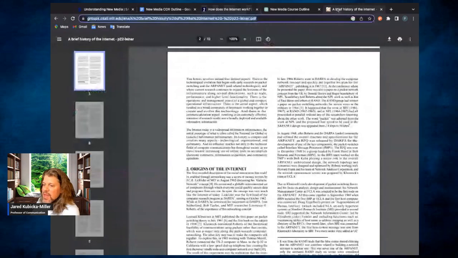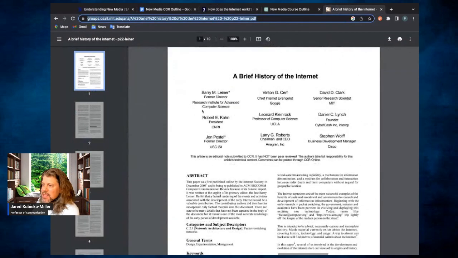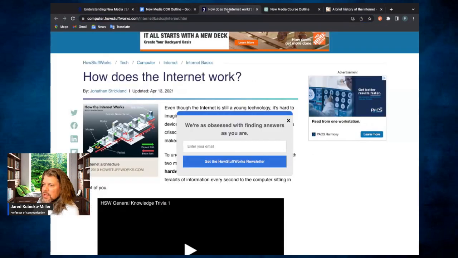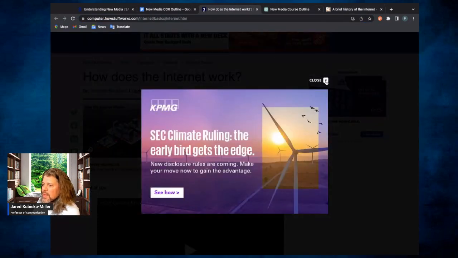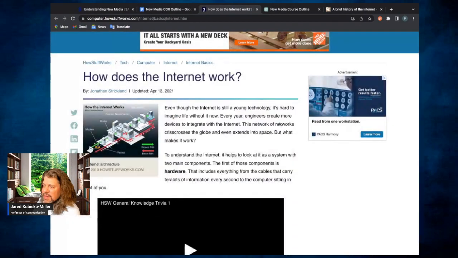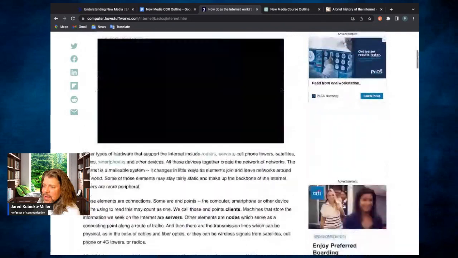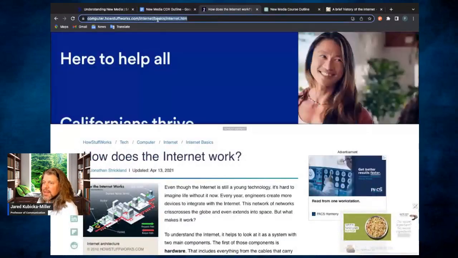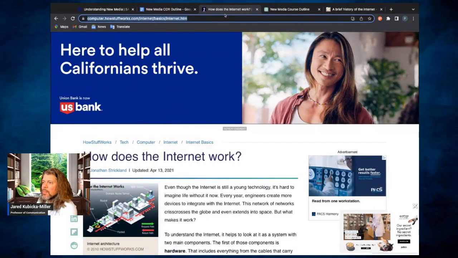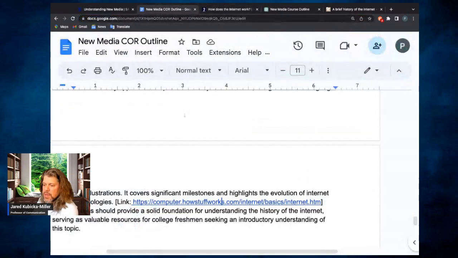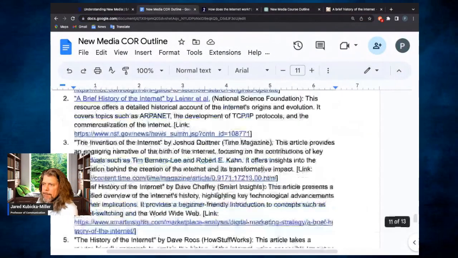The PDF still strikes me as old media, right? Traditional media. It's just a straight-up publication. But with something like this, where you have to navigate the different pop-ups and things like that, I think I might want to go with this one here. So I do like How Stuff Works. Oh, and the link is working, right? Yeah, I'm liking that one.